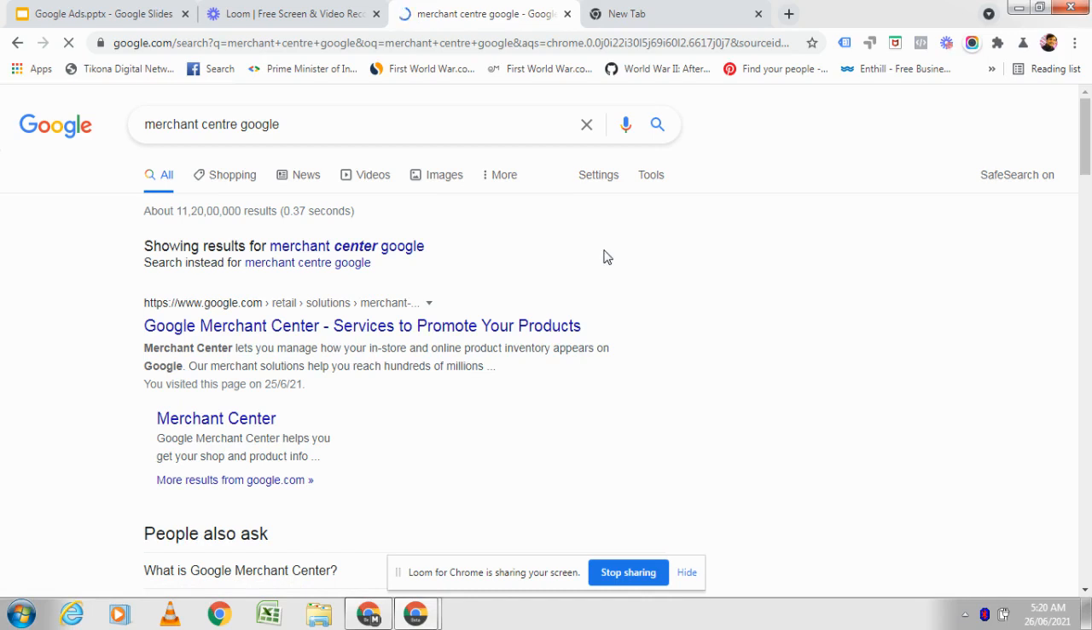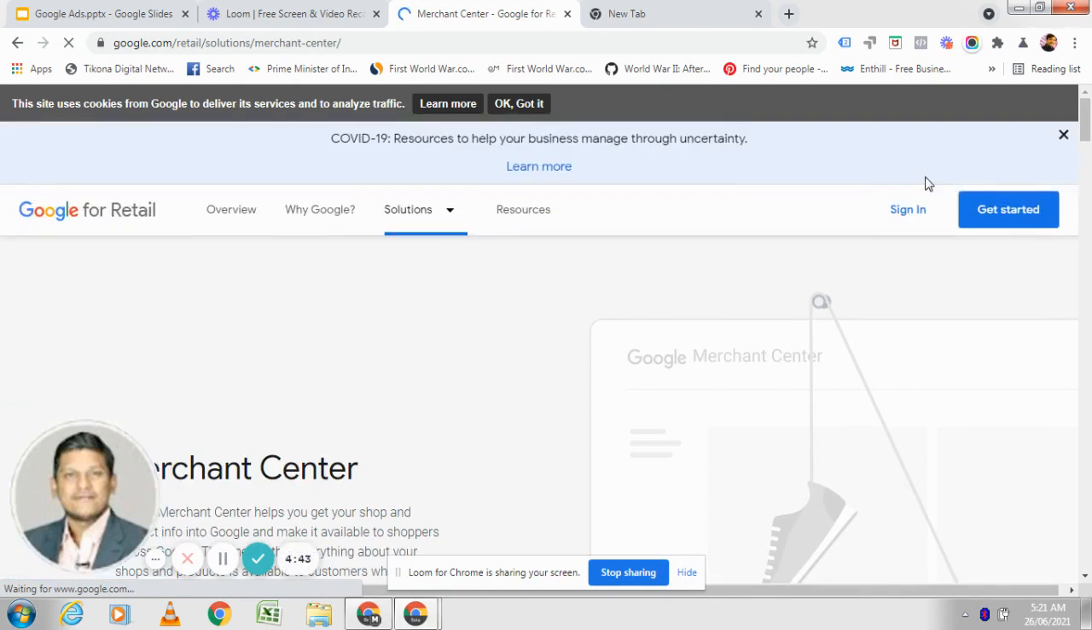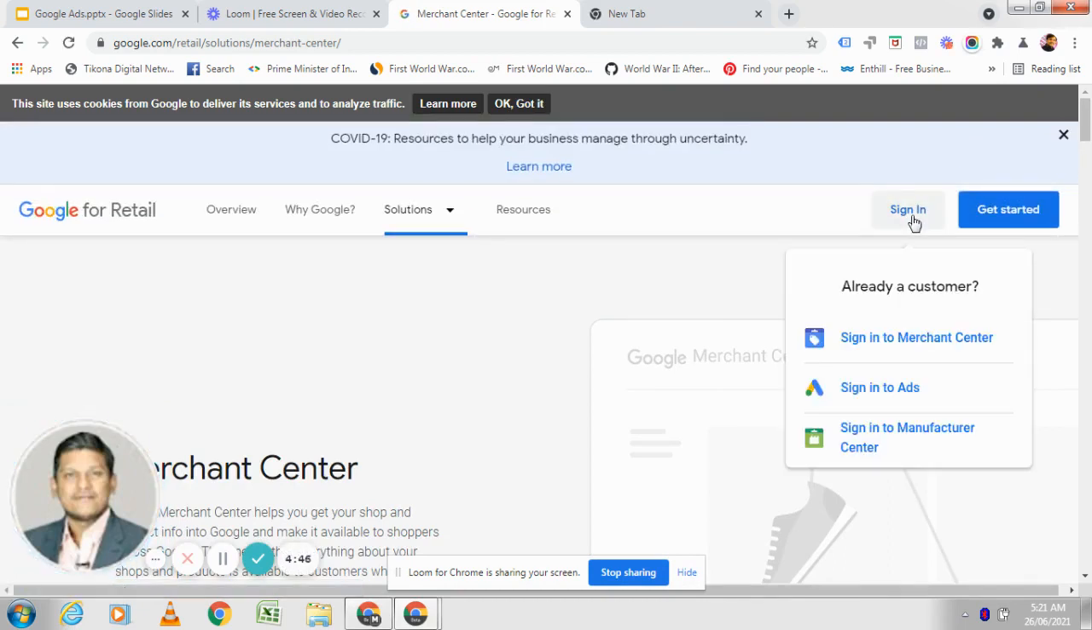Now you can see here, it is Google Merchant Center, services to promote your products. Google Merchant Center lets you manage how your in-store and online product inventory appears on Google. Our merchant solutions help you reach hundreds of millions. Okay, now let's go here. Here it will ask you to sign in, and if you haven't signed in, you can get started. Okay,